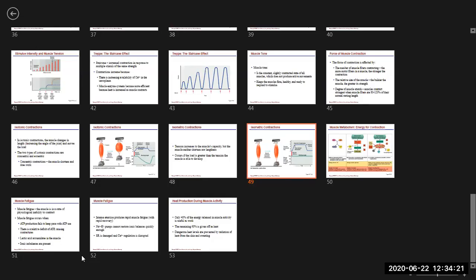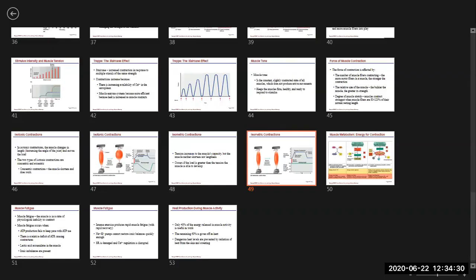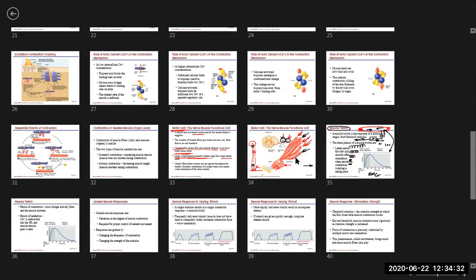What are the sources of the ATP? Where do we use the ATP? And two kinds of contraction. Those were the summary of this particular lecture. We also talked about the motor unit too. But in a nutshell,